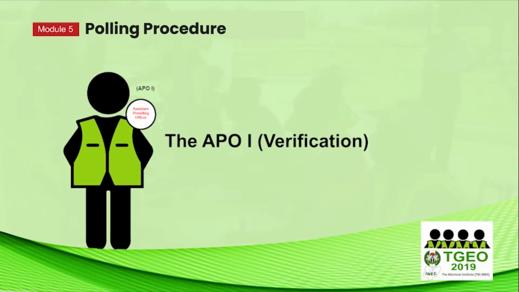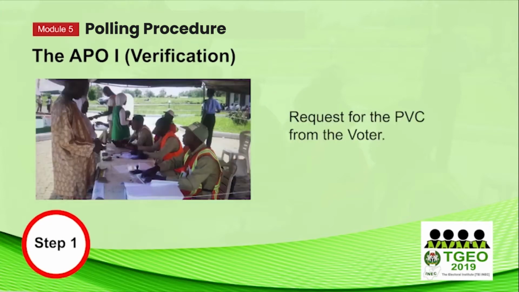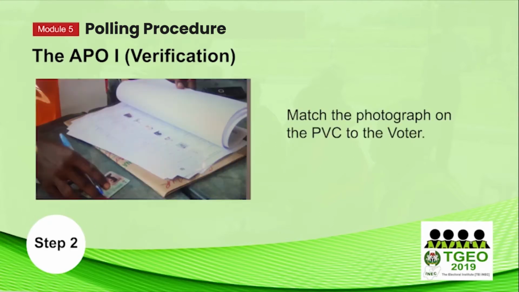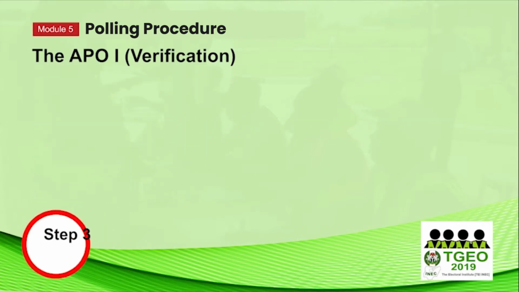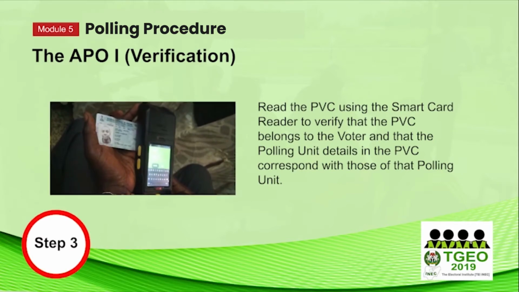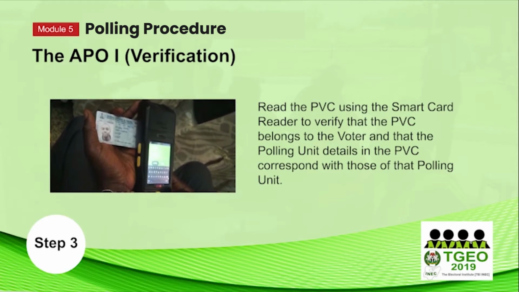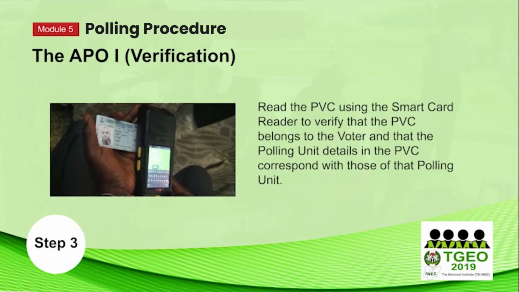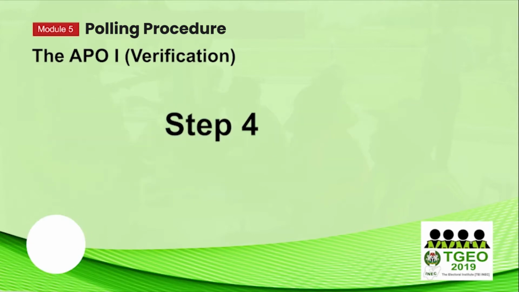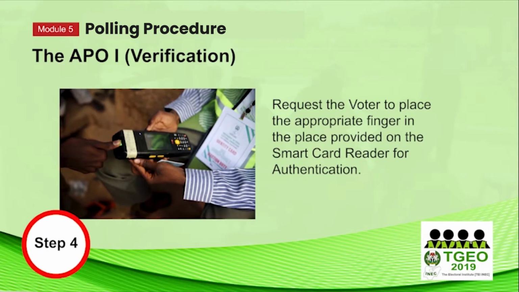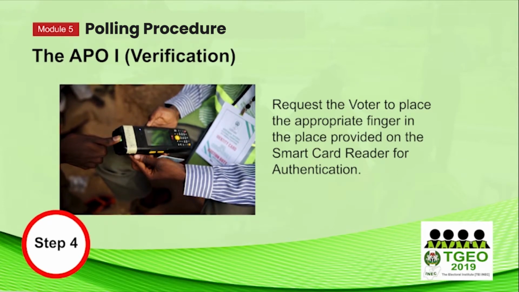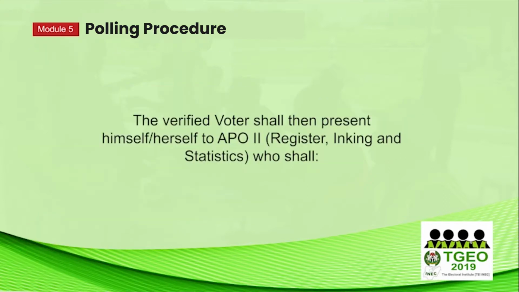APO1, verification, shall: Step 1. Request the PVC from the voter. Step 2. Match the photograph on the PVC to the voter. Step 3. Read the PVC using the smart card reader to verify that the PVC belongs to the voter and that the polling unit details in the PVC correspond with those of that polling unit. Step 4. Request the voter to place the appropriate finger in the place provided on the smart card reader for authentication. The verified voter shall then present himself or herself to